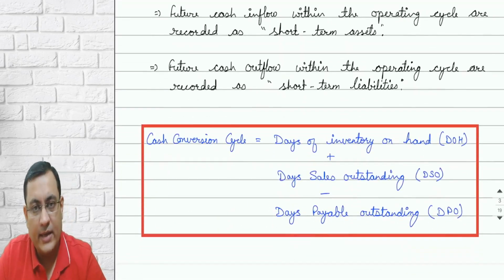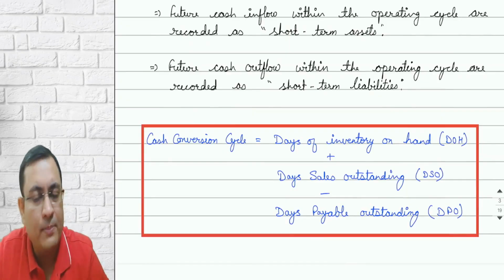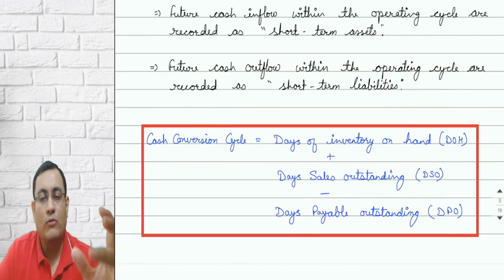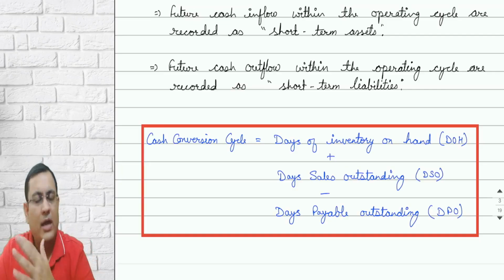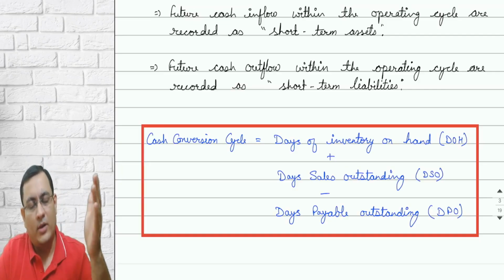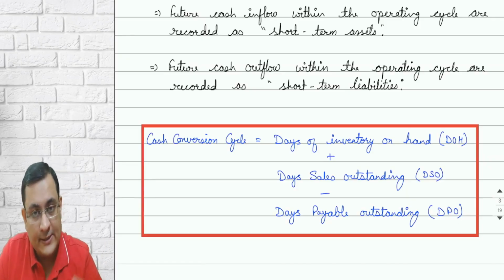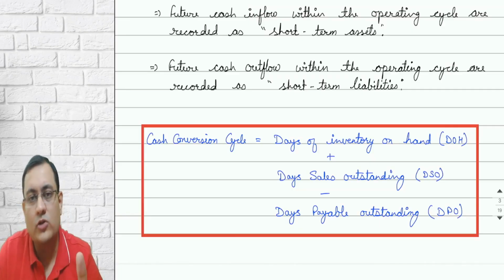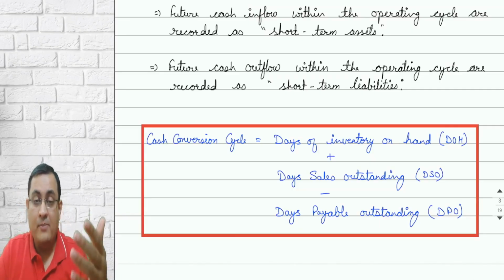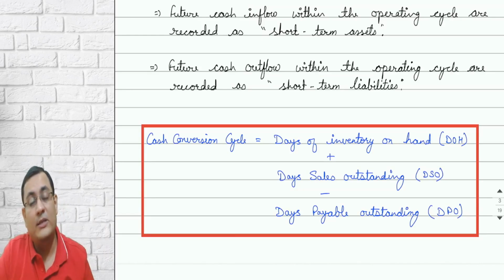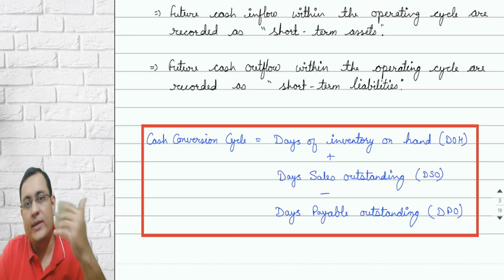Cash conversion cycle is the days of inventory on hand, or I'll say inventory holding period, the period for which you are holding inventory in various forms, raw material, work in progress and finished goods, plus your days sales outstanding, or I'll say the credit period allowed to customers, receivables. So that is the time period for which again your money will be invested in the form of receivables, minus